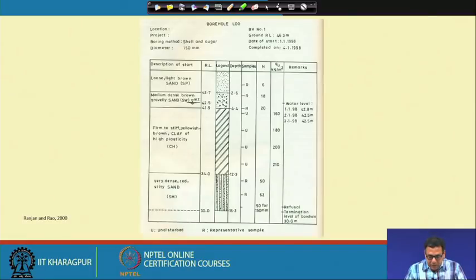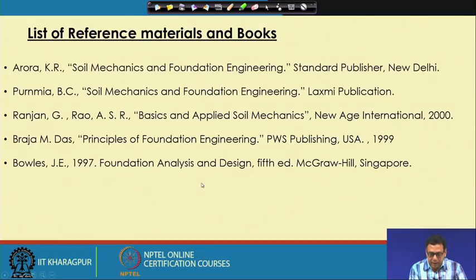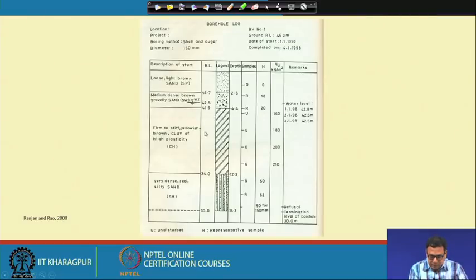So, next, once we conduct this SPT test, this is the final borehole log. In these borehole logs, this side is the description of soil, this is the RL or the depth where we are conducting the SPT, and this is the legend. For different soil types, we show them in different ways. And this is the depth, this is the RL, and this is the sample. The sample here is mentioned as R and U. R means the representative soil, U is the undisturbed soil.